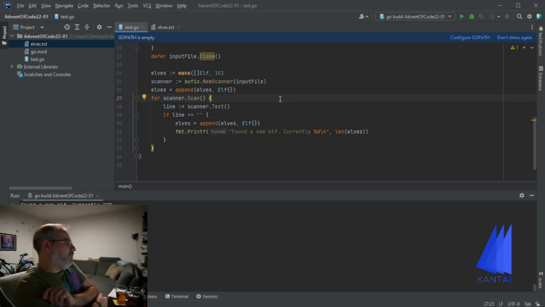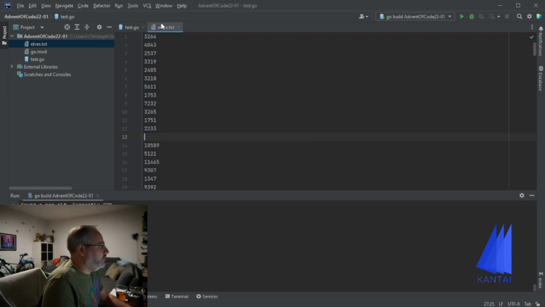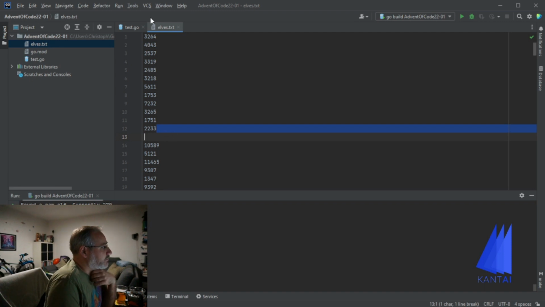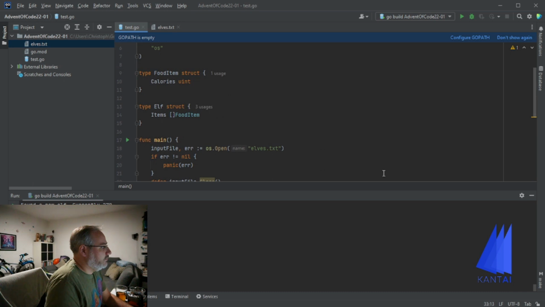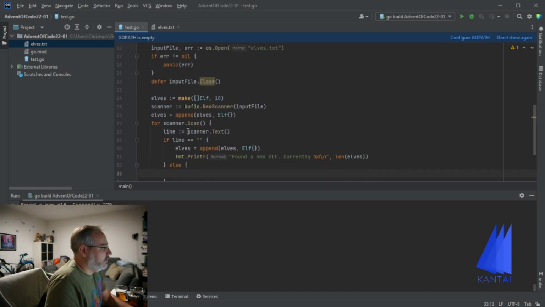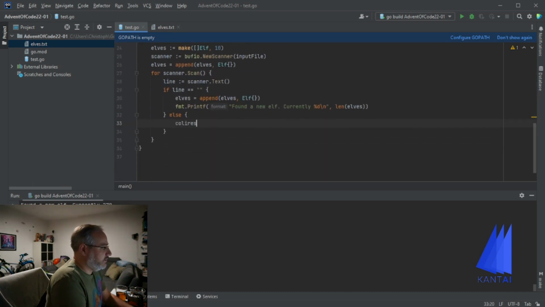But now we come to the other case, because not all of those lines are actually empty, most of them contain numbers. So, what to do with the numbers? For every number, we need to add some food item to the current elf. So if it's not blank, else, we parse the calorie numbers